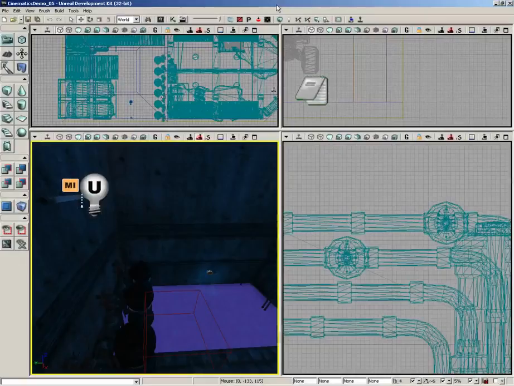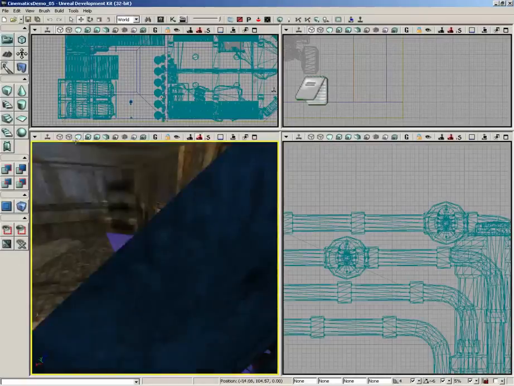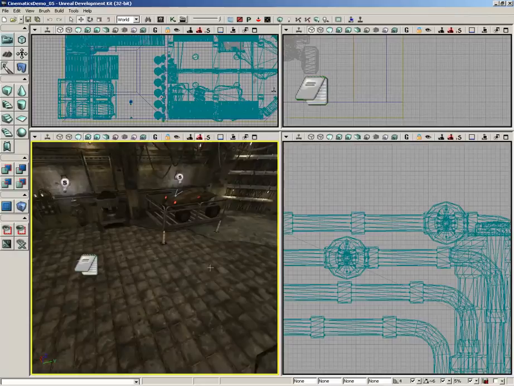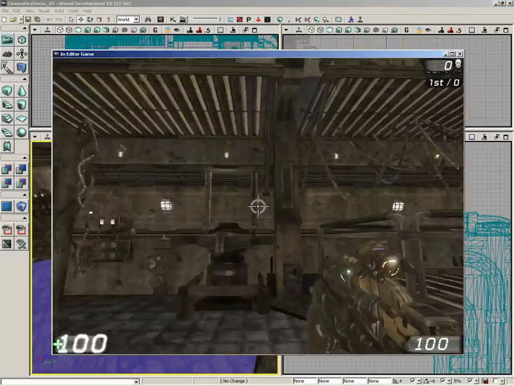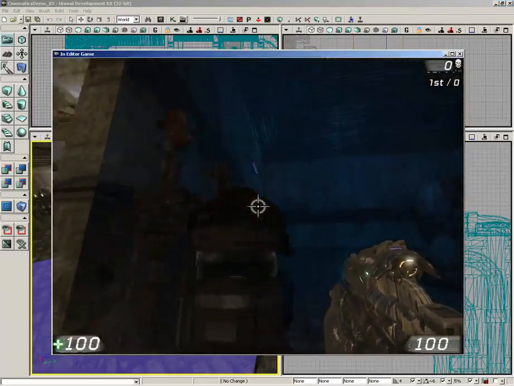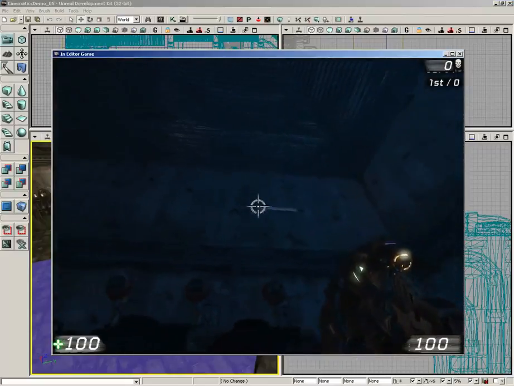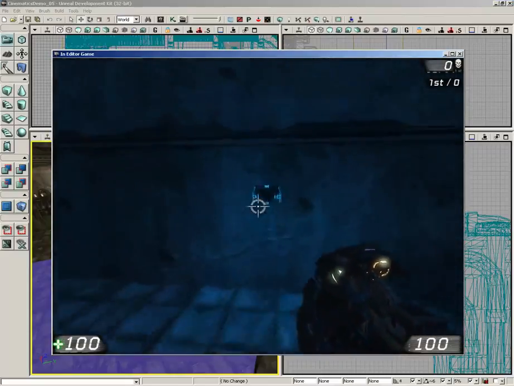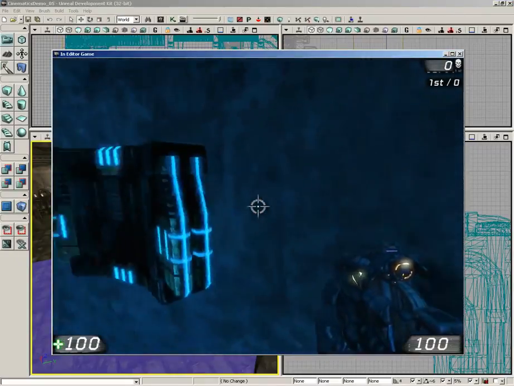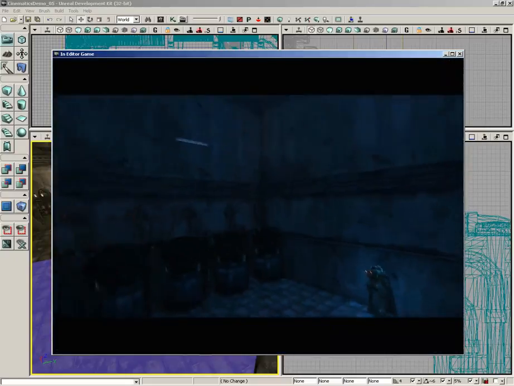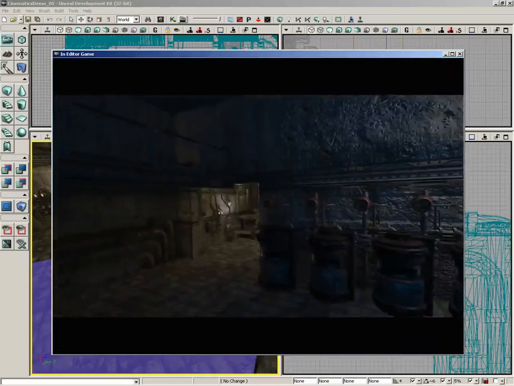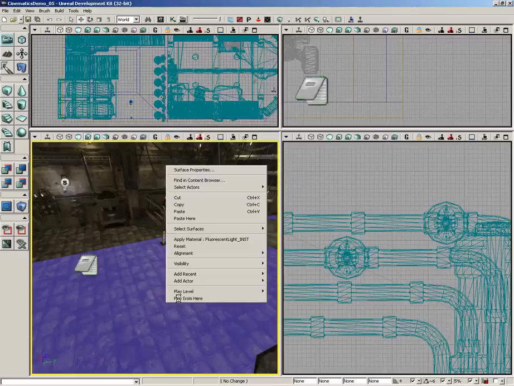Alright, so this is going to be a short little video. There's just a couple of little things I want to fix that are driving me a little crazy. If we jump into our level, first off, see our light up here? It's off right now, and that's good. If we use our switch, it switches on. Now if we immediately jump out and then try our level out again,